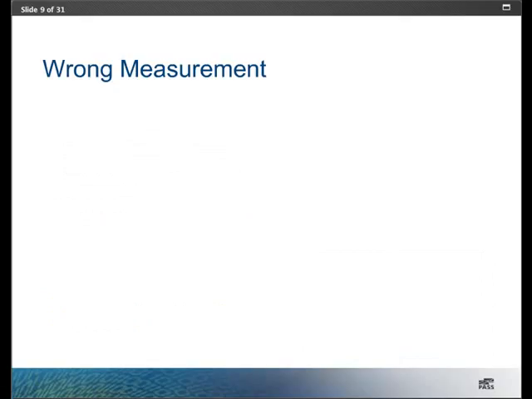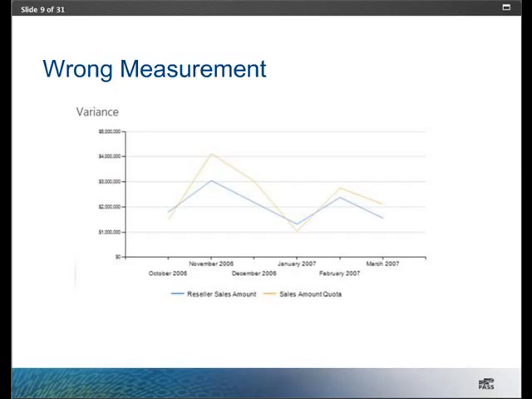Another type of dashboard design problem is the way that information is presented, which can occur in many ways, such as using the wrong measurement. So let's say that one of the metrics that AdventureWorks wants to monitor on the sales dashboard is the trend in variance between actual sales and sales quota. In other words, we have this target. How close are we to it? Are we ahead of the goal or behind the goal? And a popular way to visualize comparisons over time is to use a line chart like you see here. The blue line represents the sales, and the orange line represents the quota. And we can easily see that sometimes sales are well below the quota and occasionally above the quota.